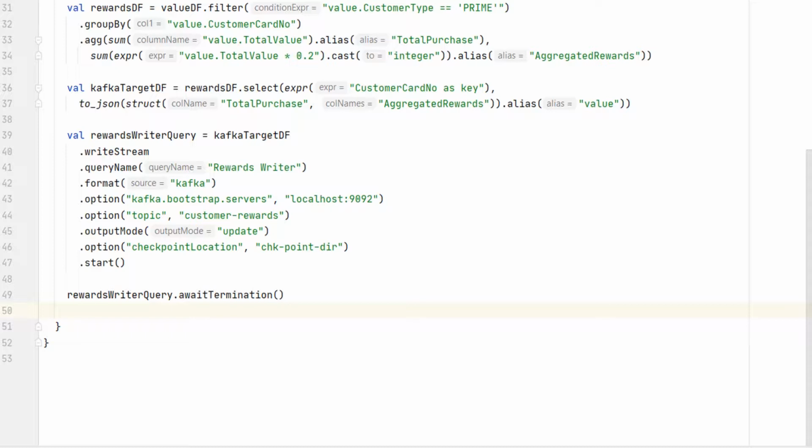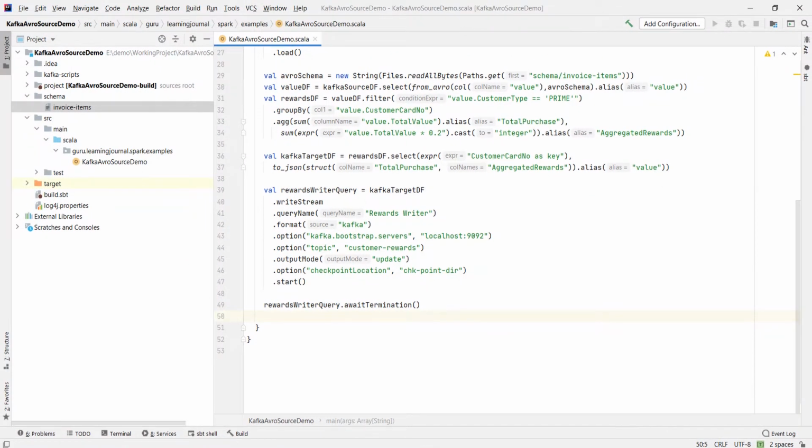Great. So we learned to read Avro records from Kafka. The process is exactly the same as you would read a JSON record. However, you have two new things to take care of. You should include a Spark Avro package to your application dependency. When you want to deserialize the Avro message, you will need Avro schema string. The JSON records can be deserialized using a Spark schema, but the Avro records would need the Avro schema.